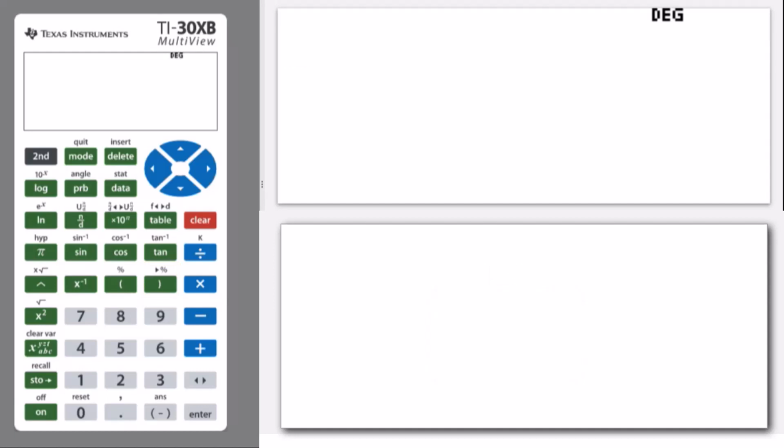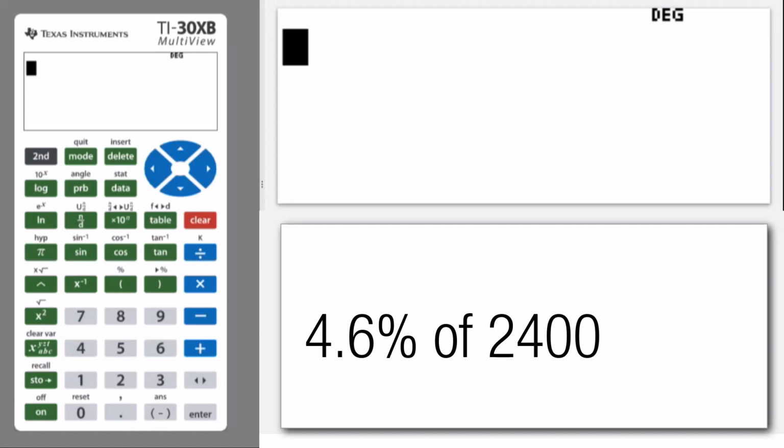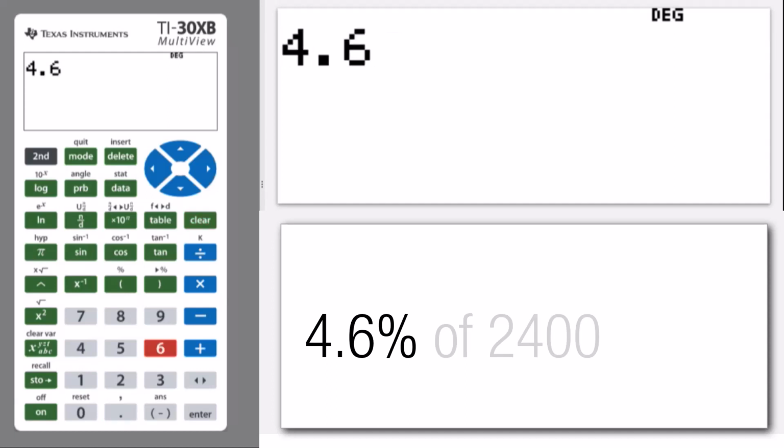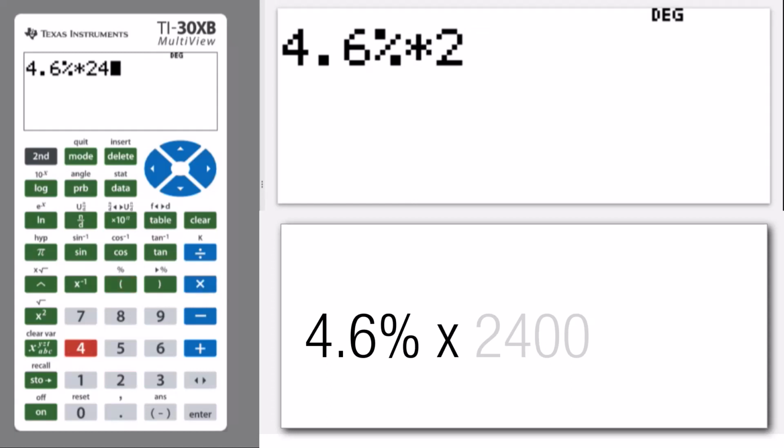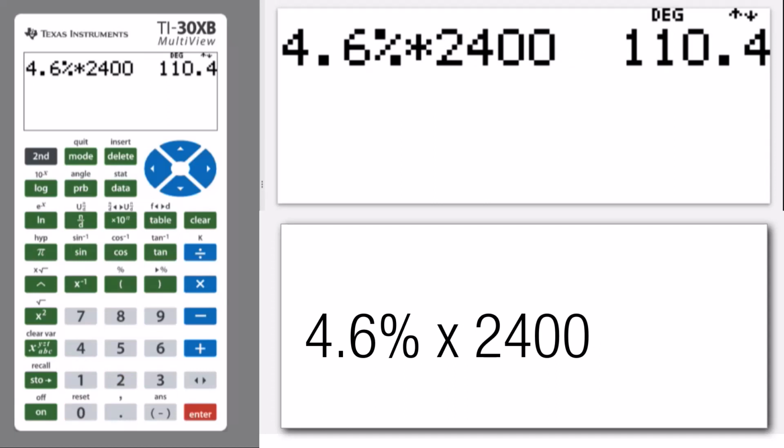So let's start with a calculation: 4.6% of 2,400. Let's type that in, 4.6 and percent. So let's use that percent button: second and the left bracket. And because it's of 2,400, we can press the multiply sign and put that in and press enter. And that amount is